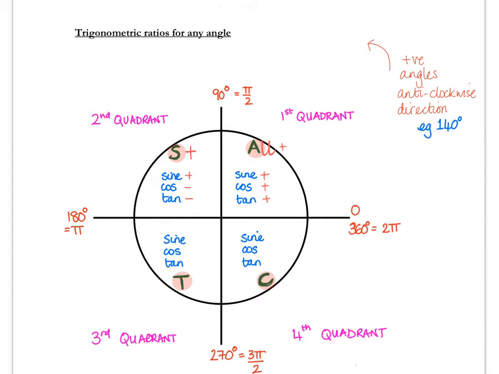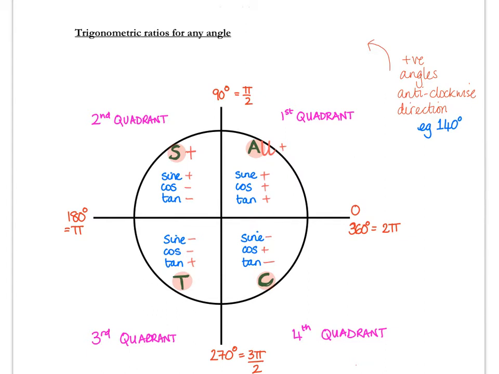Then looking at the third quadrant, going from 180 or pi to 270, we can see it's only tan that was positive. Looking at your graph again, sine was negative, cos was negative, and tan was positive. And then in the fourth quadrant, going from 270 up to 360, sine was negative, cos was positive, and tan was negative. So we get a little mnemonic here, and that mnemonic is